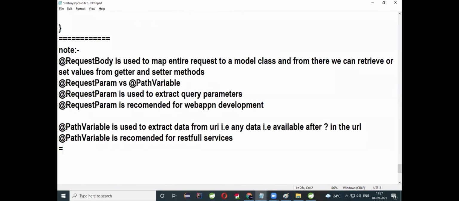I think we have not given the proper format. Here you select this is your URL, this is your POST method, this is your raw, this is your JSON, this is your input data. After you click on the send button, the data will be saved.